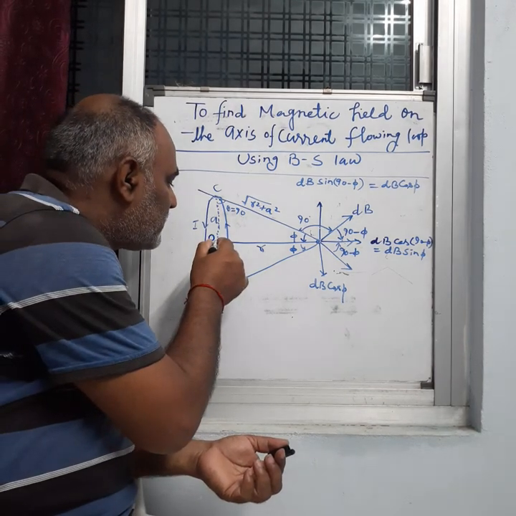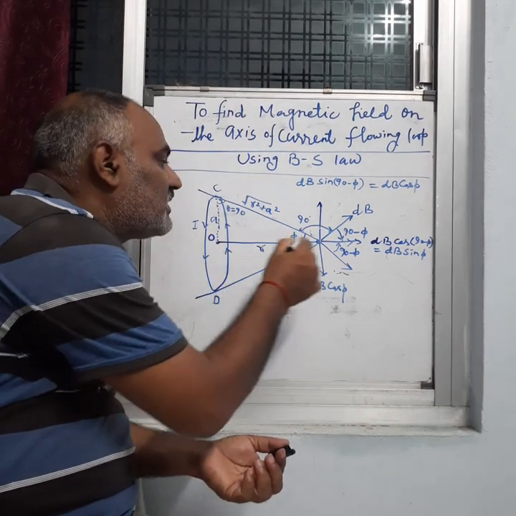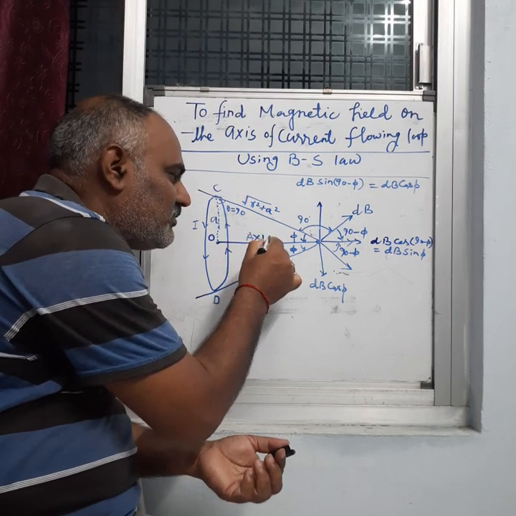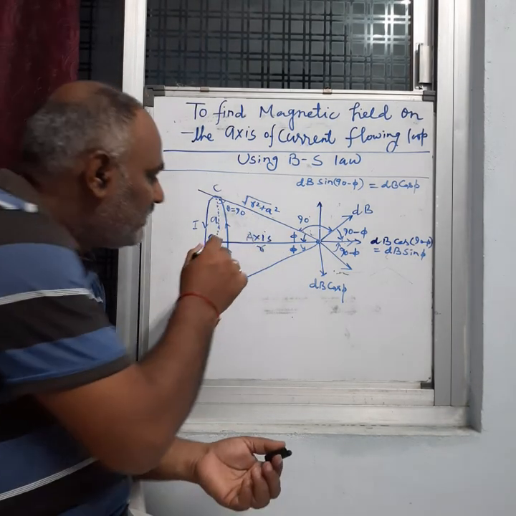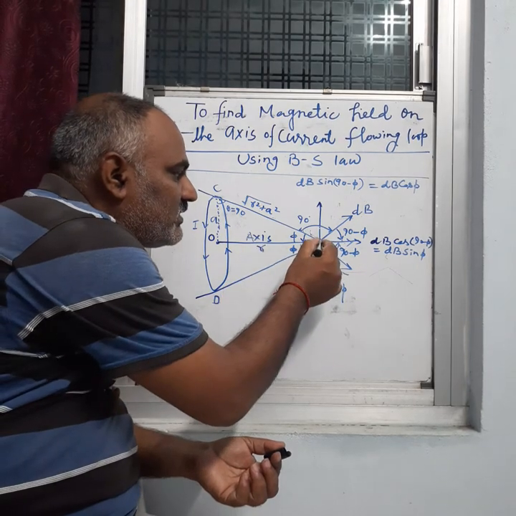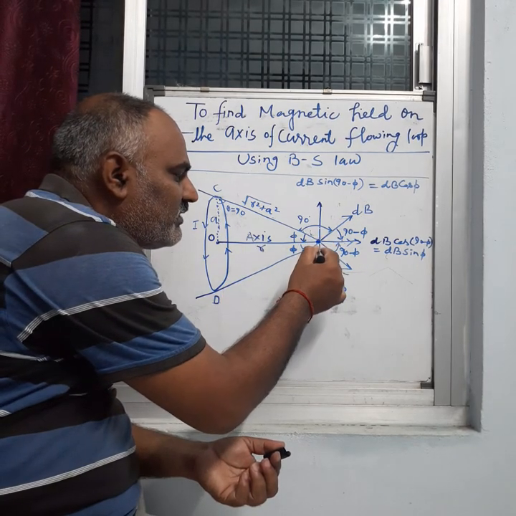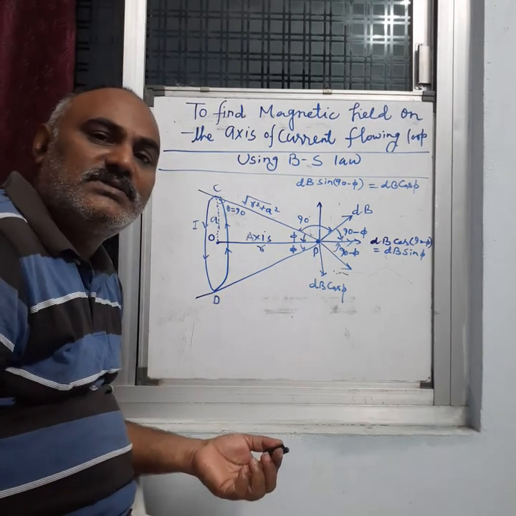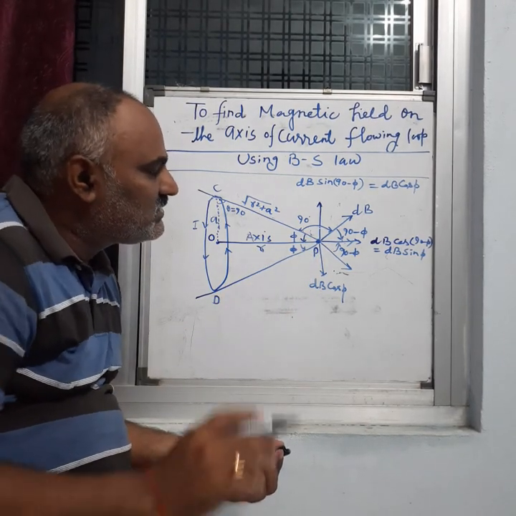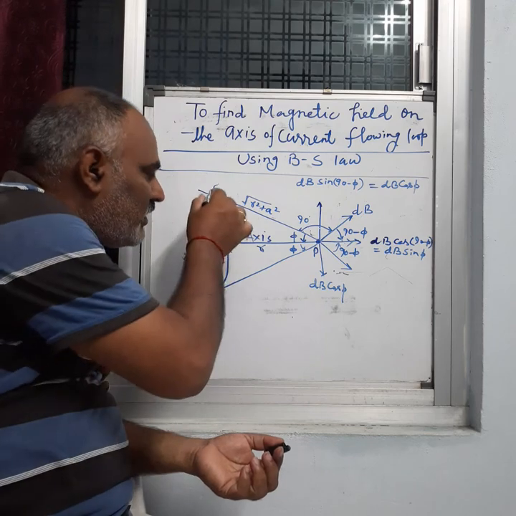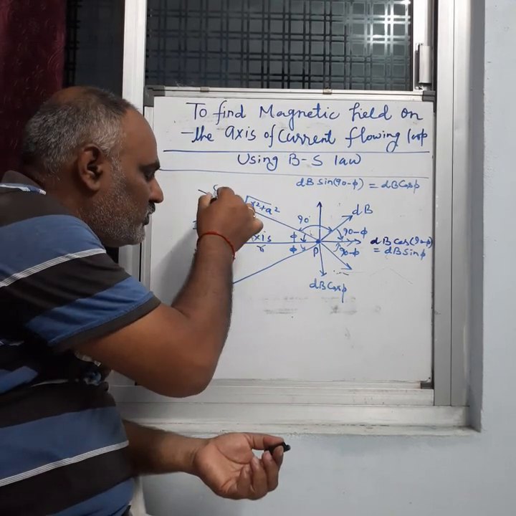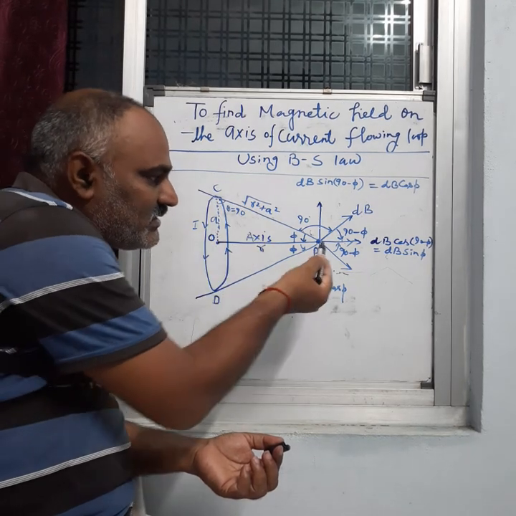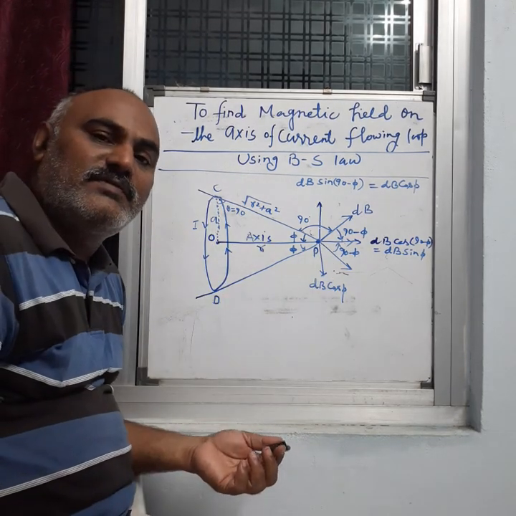So this is the center, and this line is called the axis of the loop, and on this axis there is a point, maybe the P point. At this P point magnetic field is required. This is our aim. When current is flowing in this loop, a magnetic field is produced around it, and on the axis at P point the magnetic field